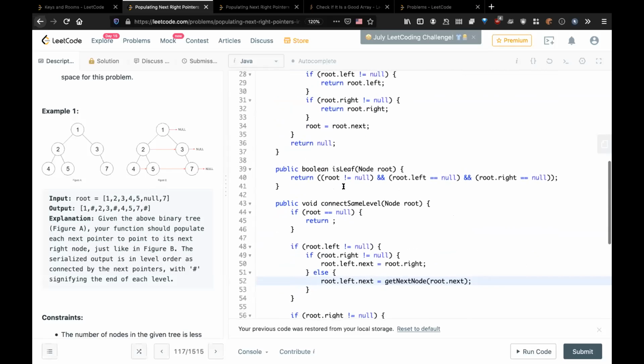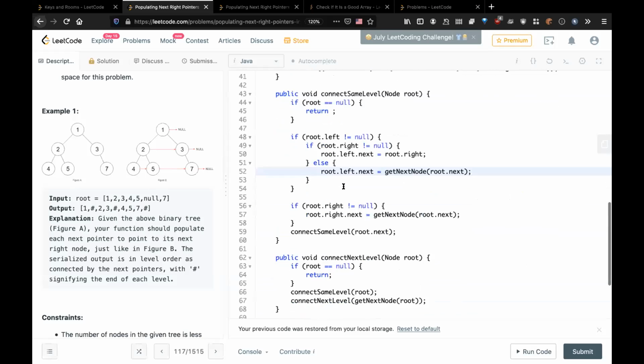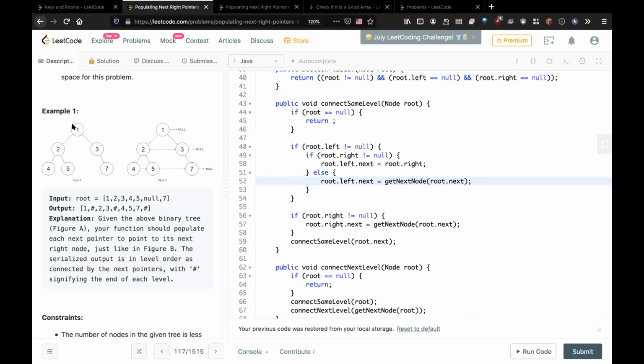So you're connecting 2 and 3 at the same level. So when we come to 4, 5, 7, which are at the same level, right? How are you making the connection that 4, 5, 7 are at the same level? Because he has the information that 2 is already connected to 3. Let me see if I can draw.